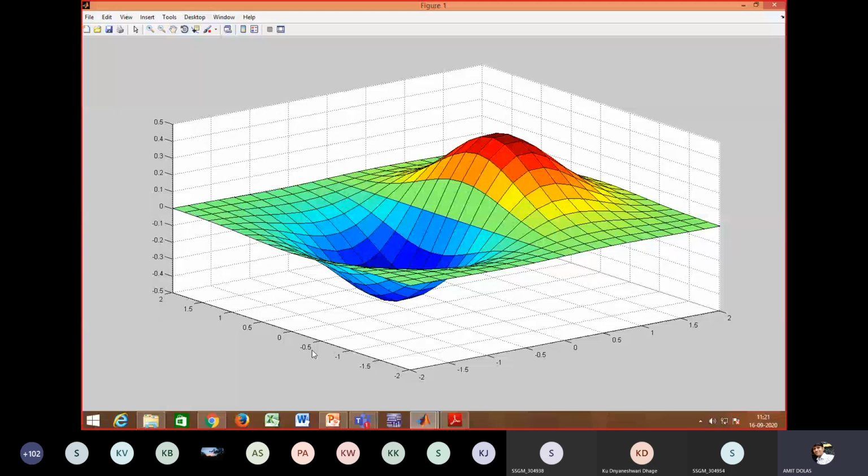And here the x-axis is minus 2, minus 1.5, minus 1, minus 0.5, 0, 0.5, 1, 1.5 and 2. And the upper one is the z-axis, we can say. It is dependent on the function, so it is 0 to 5 and minus 5. So accordingly the 3D plot is generated in this figure. Again, you can see the title and labels are not given, that can be accommodated into this graph according to your graph preferences.